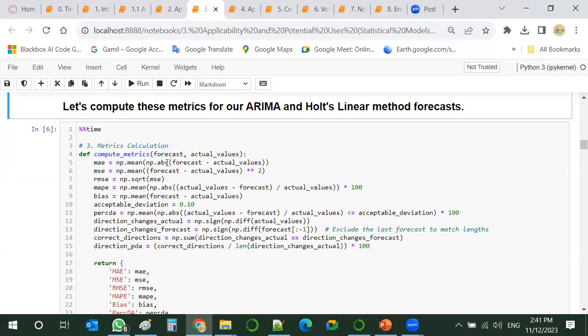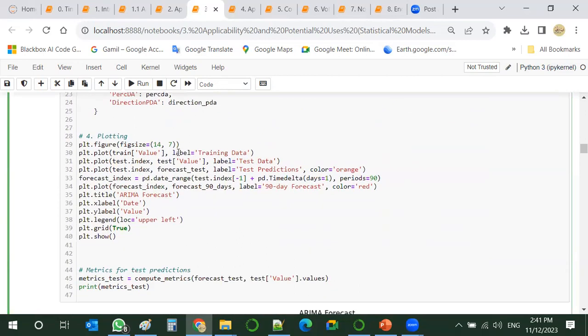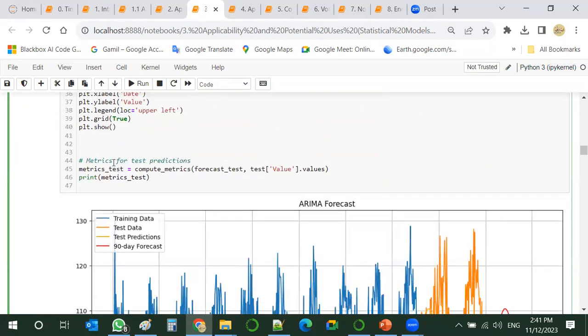Mean absolute error is just the absolute value of the forecast value minus actual values. And the rest are just the same. These are just fancy names, but the concept is straightforward. So we return them and we plot them, and we print them and see.